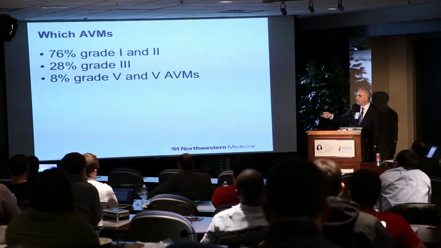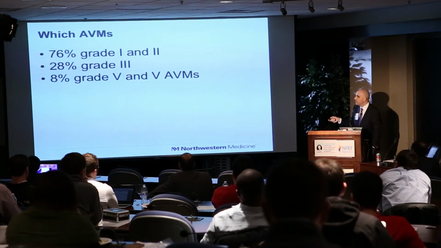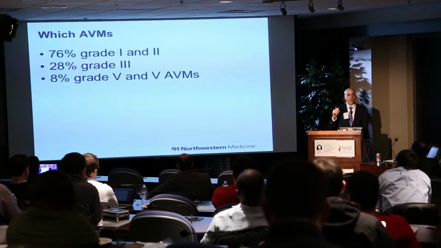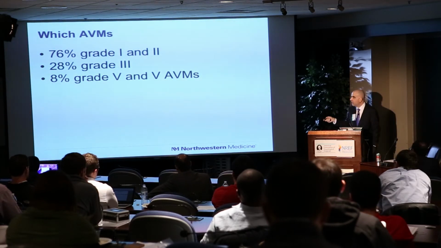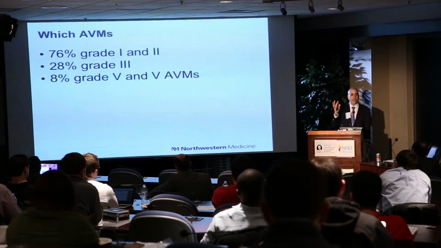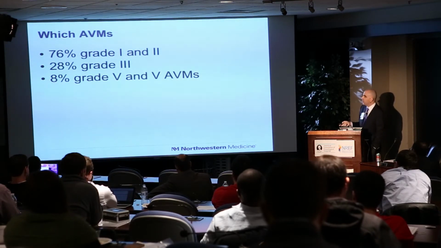Grade 4 and 5 AVMs should not have been included in ARUBA. These are not AVMs that have low risk of treatment with any modality. In fact, you could argue an asymptomatic grade 5 AVM is something you should observe. So right there, you've got an 8 to 10% bias. Grade 3 is actually a diverse subset, where you can also select out patients who will do well and those who may not do as well.